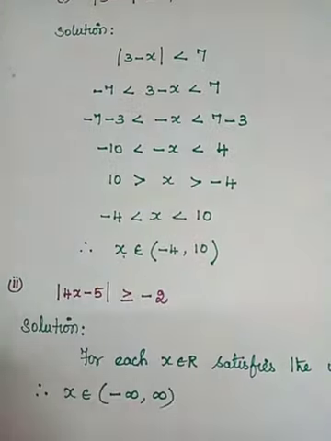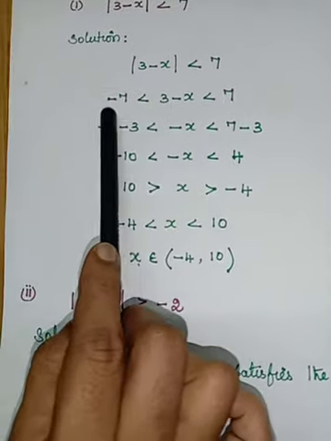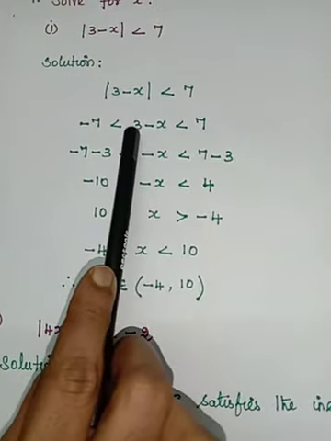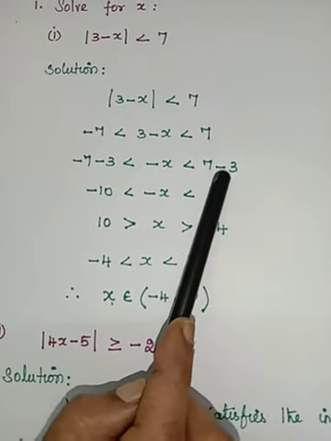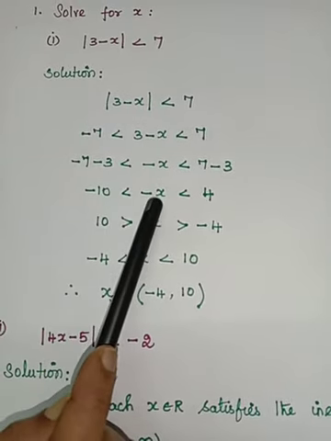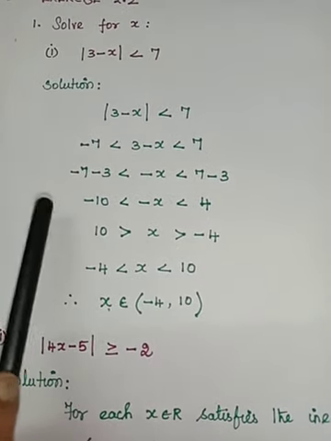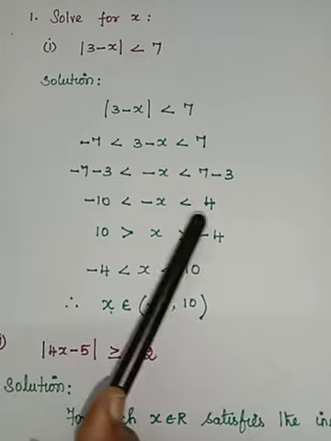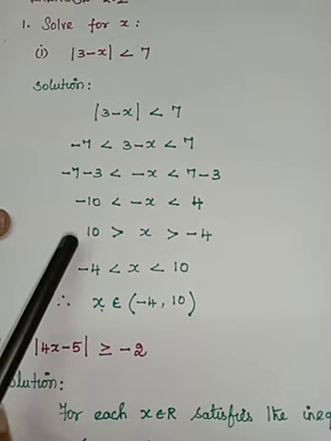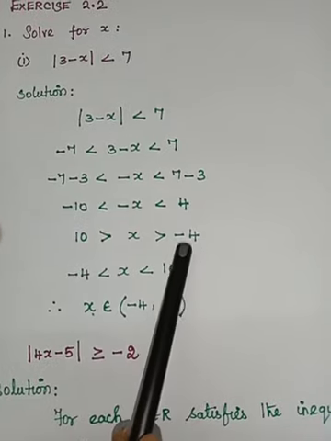Okay, so here we have to find the values of x. So first I am going to take this 3 to the other side, so it will become minus 3. In the same way, on the right side, here plus 3 is there, so when you take it to this side, it is minus 3. So what is minus 7 minus 3? That is minus 10. So minus 10 less than minus x less than, what is 7 minus 3? That is 4. Here what is asked? x is asked. So we have to divide throughout by minus. Okay. So when divided by minus, minus 10 will become plus 10. And this minus x will become x. And 4 will become minus 4.